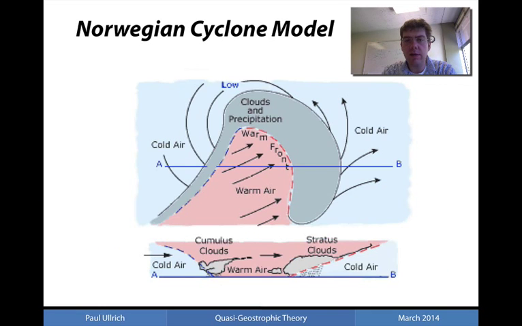So in this formulation, basically you have a curved warm front, which is associated with cyclonic vorticity. So you have warm air which is being pushed northwards to the east of the low pressure event, and cold air which is being pushed southwards to the west of the low pressure event. So this satisfies the eddy properties that we need in order to instill mixing in the atmosphere and lead to